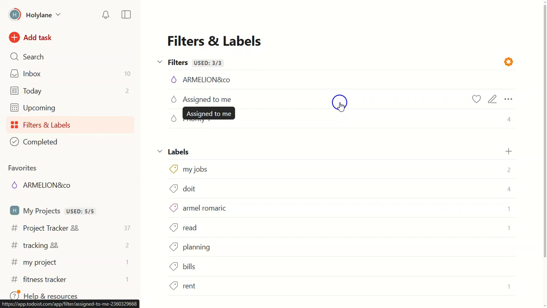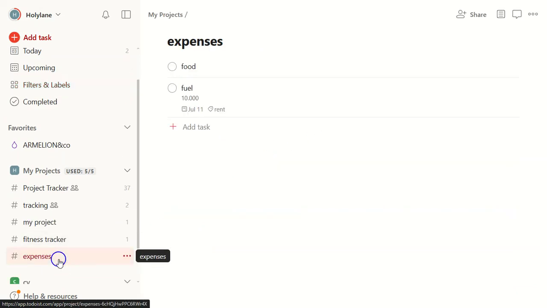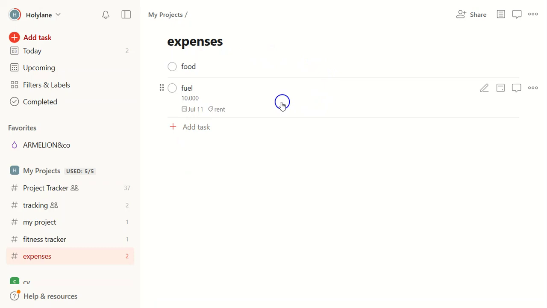Before we wrap up, here's what's happening behind the scenes. Each step we took today is creating a comprehensive and organized system for your expense tracking. This way, you're ensuring that every dollar spent is accounted for and tracked. And that's it. You now have a robust system in place for tracking your